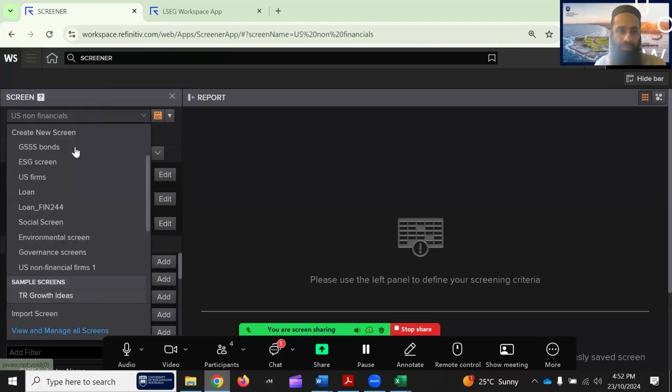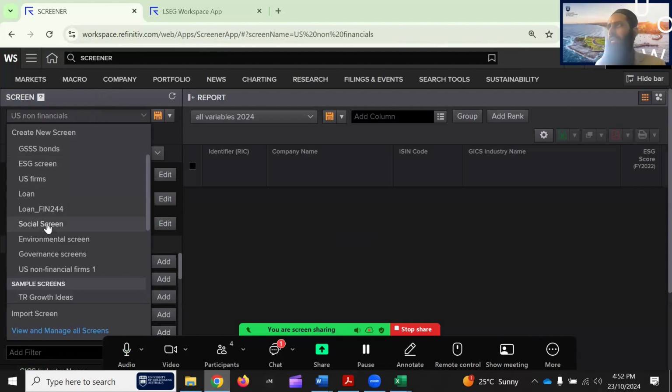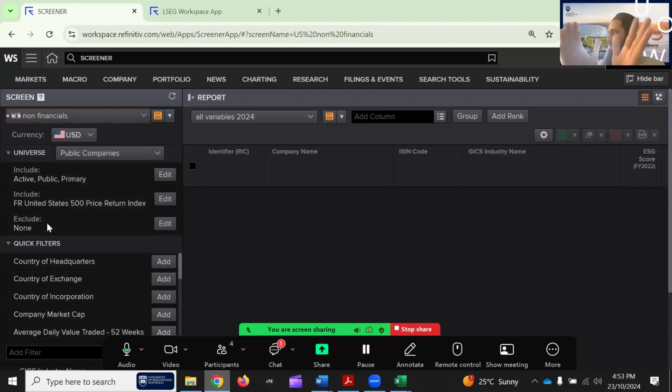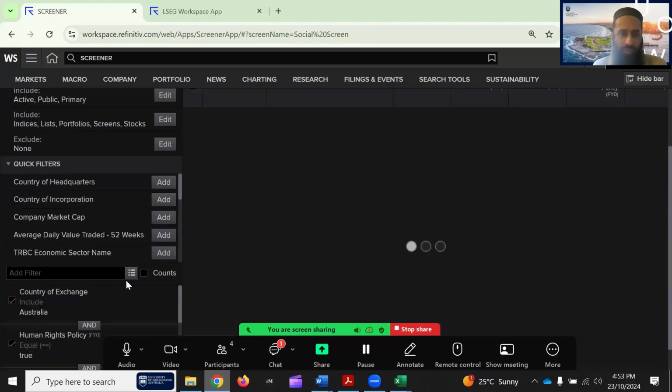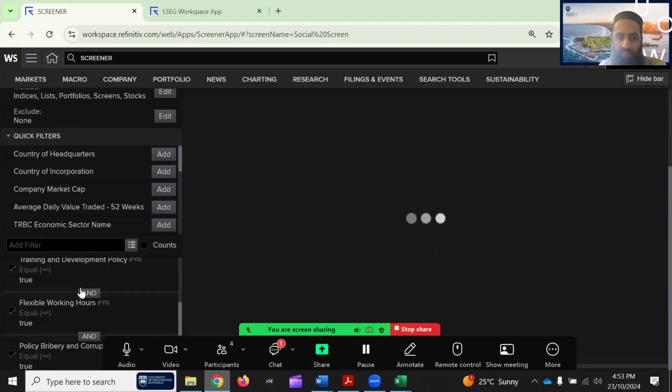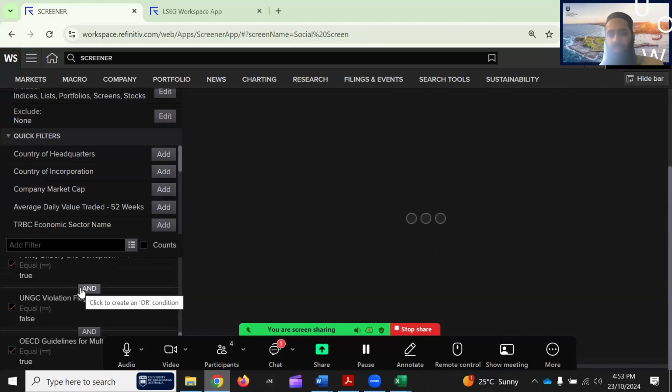So the screen that I have saved, here, social screen. I identified few parameters which are in the Word file. I saved it for future use. Do not save the previous one. So now you see all the screens are here that I was interested in.